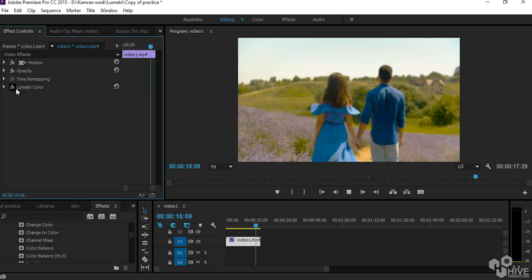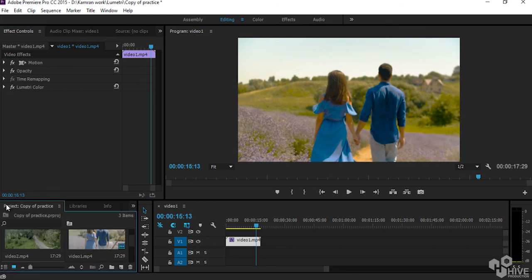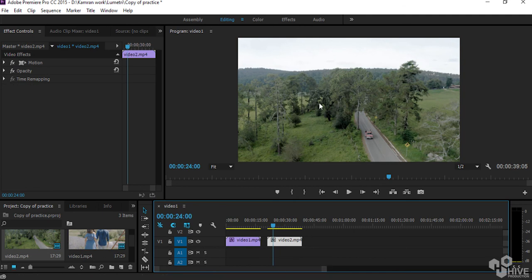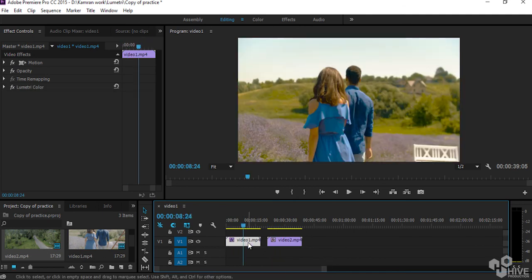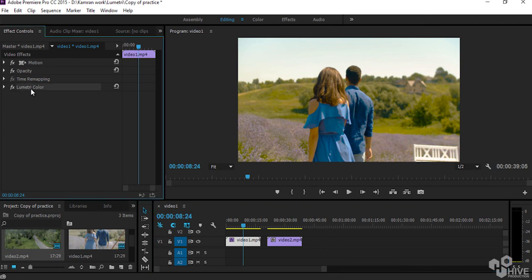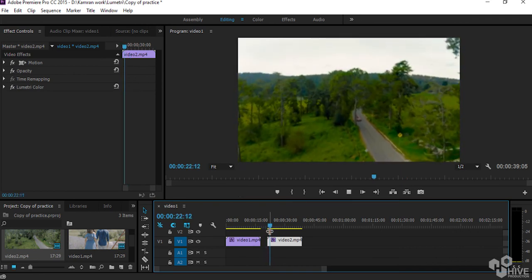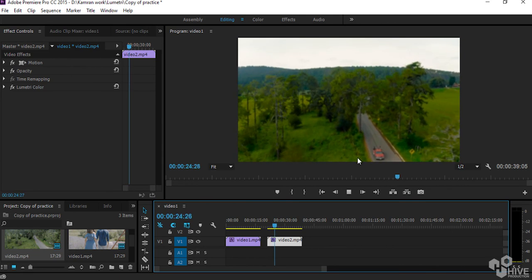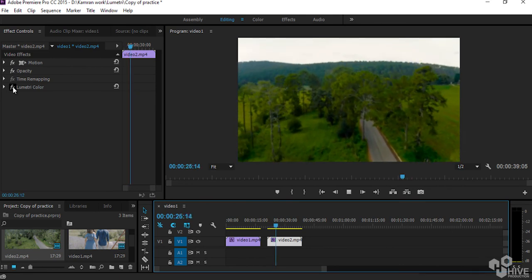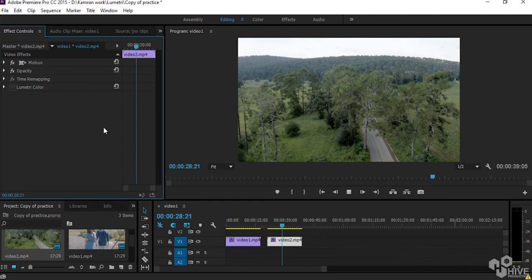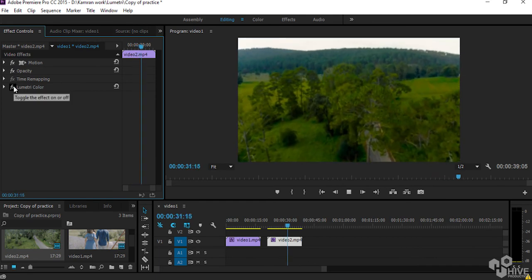The same thing I'm going to do with my another video. I'm going to the project window back, and this was my nature video. So I'll drop this video in this canvas and let's see. Okay, so for this video I'm going to go to the video 1, copy this Lumetri effect, Control C, and go to here, Control V. Wow, that was awesome, I think. It looks very cool, very proper green color. Let me disable my Lumetri, so it looks like this, and now it looks like this.